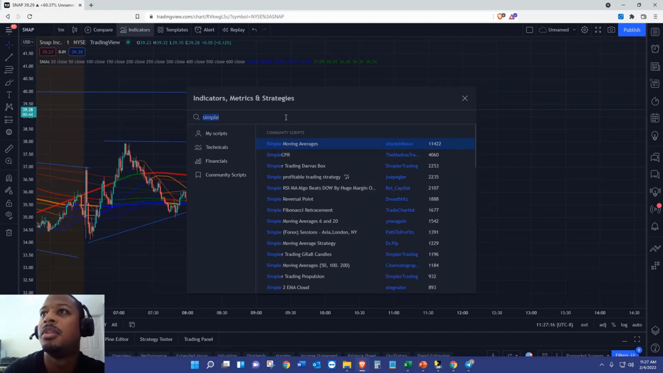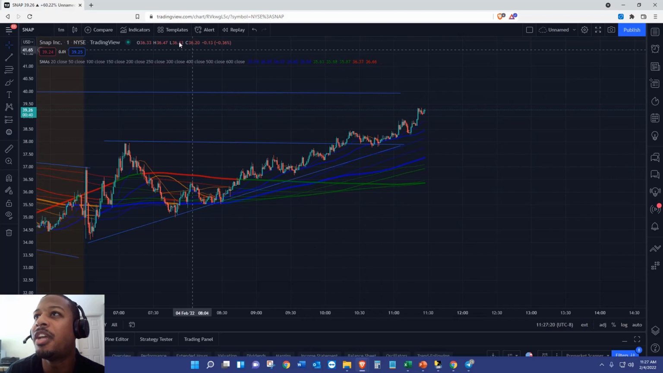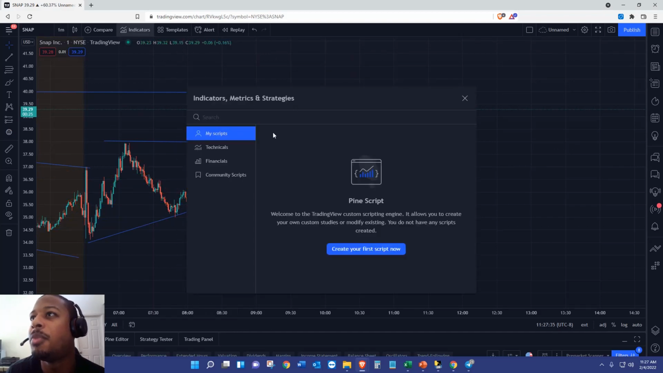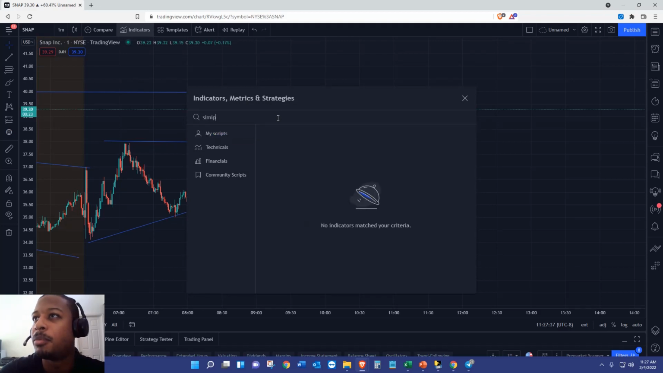Let me clear it out here so we can make sure we see it. Now you see all these lines here. This is showing you the different closes. This one is a 20-day, 50-day, 100-day, and I don't really need all those. If you don't need all those, you can close that out and add a different indicator that you might want, because when you type in simple moving average,